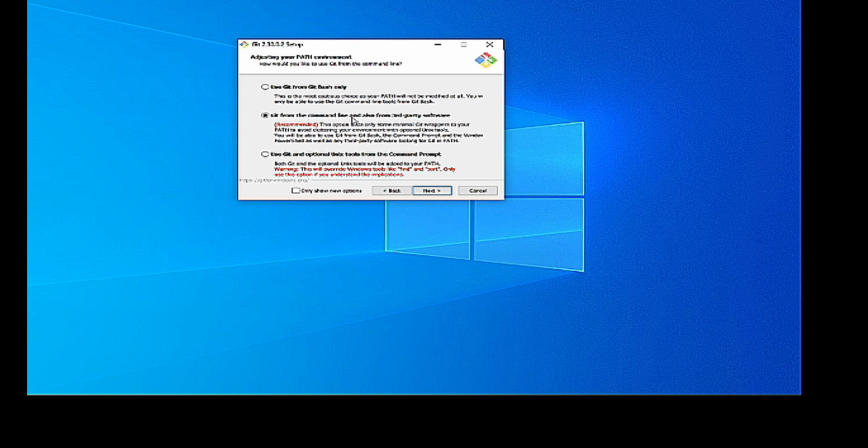And here you can use Git from Git Bash only, meaning you can't access it from anywhere else unless you bring up a Git Bash. Recommended is you can install it to get it from any command prompt. So, for example, if you actually use the command prompt rather than Cygwin or from Visual Studio Code or anything, that will be installed. Or you can choose this option, which basically gives you all the Unix tools as well. I'll go with the recommended,